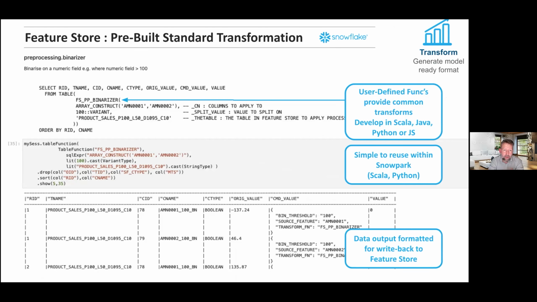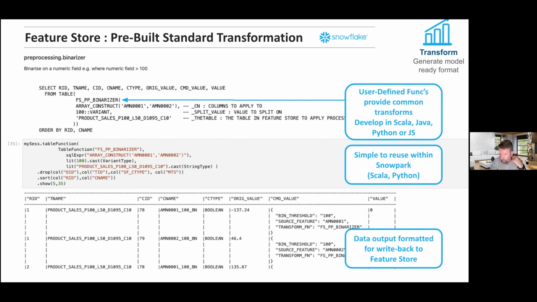Similarly, there are pre-built transformations, modeled on the scikit-learn preprocessing functions. So things like binarization, normalization, various scaling functions, and they all work in the same way. The SQL syntax at the top here is calling a table function, passing it a set of columns it wants to apply it to, and then any additional arguments that are needed to support the function.